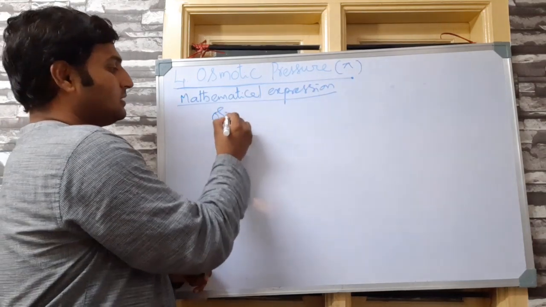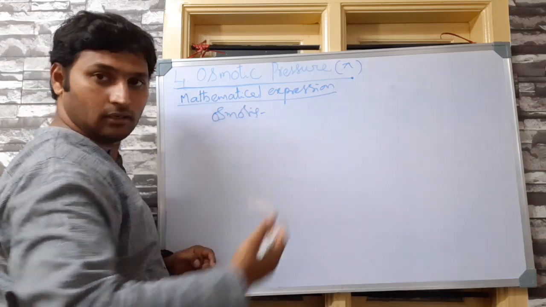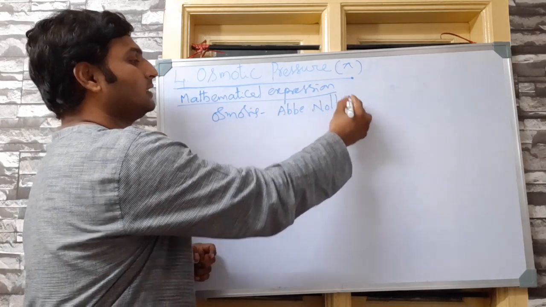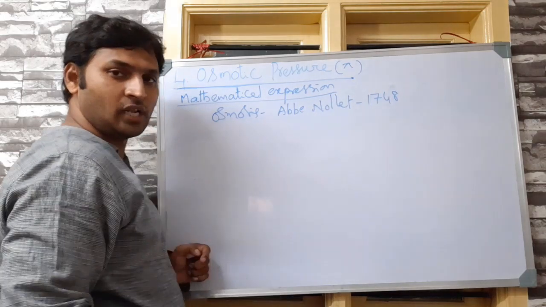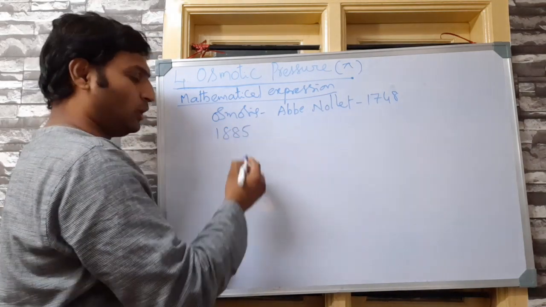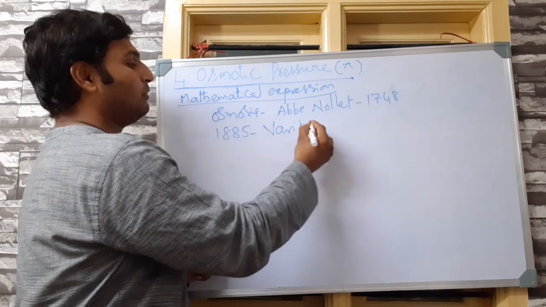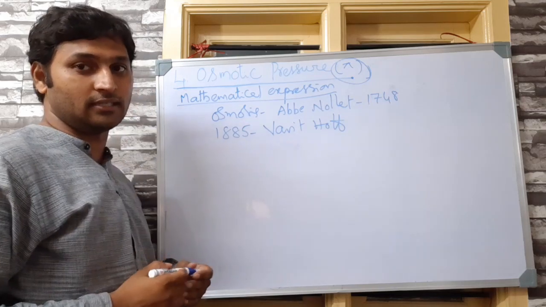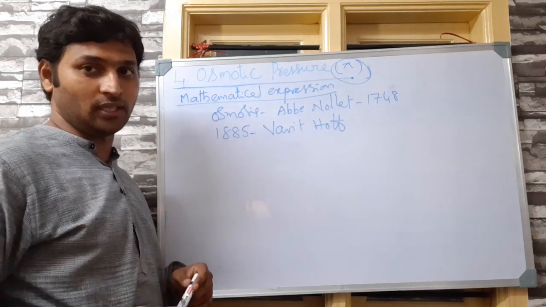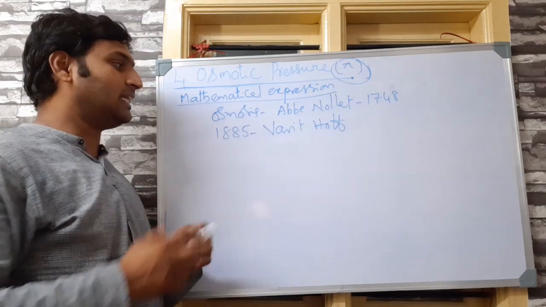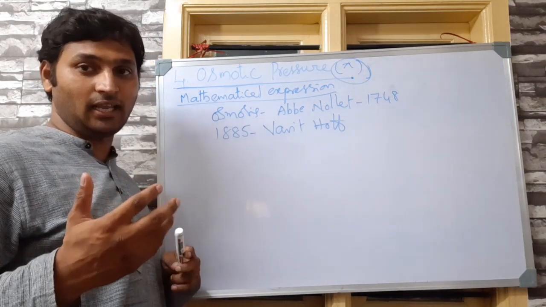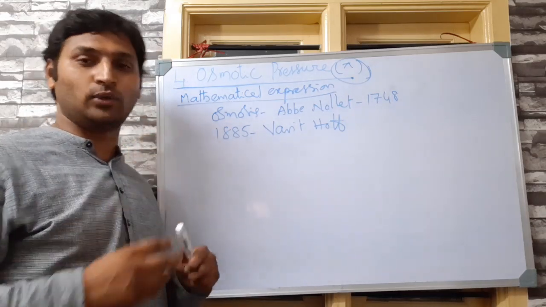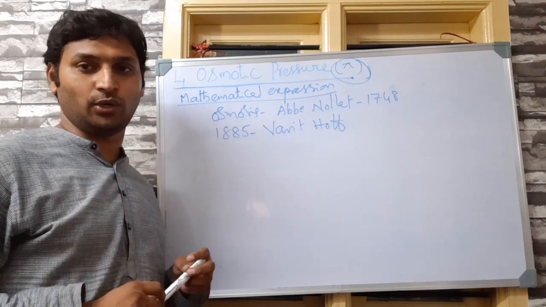See, osmosis was introduced or studied and explained to the world for the first time by a scientist named Abbé Nollet somewhere in 1748. Then somewhere in 1885 or so, a scientist named Van 't Hoff studied extensively about osmotic pressure. By the way, osmotic pressure is given by the symbol pi, as I told you in the previous session. So somewhere in 1885, Van 't Hoff did extensive study on dilute solutions. While doing his study on dilute solutions, he concluded something about osmotic pressure of dilute solutions.